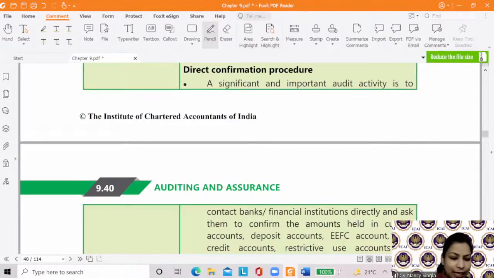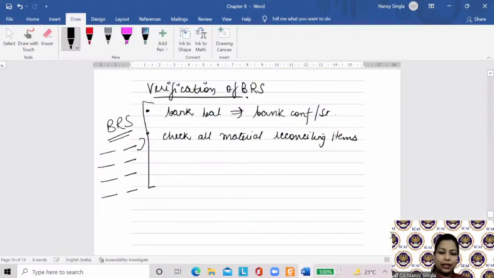So it says that, simple है, just listen to it as a story, ठीक है, you will be able to imbibe as to what I'm saying. See, so direct confirmation procedure में क्या है, if any bank balance is there, तो उसके लिए do one thing, contact directly with the bank, ask them as to what amount of the client is being held, ठीक है, and obtain it with respect to all the account balances as at the period end, ठीक है।